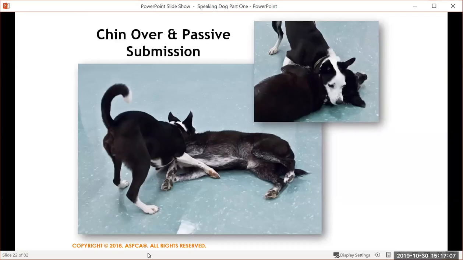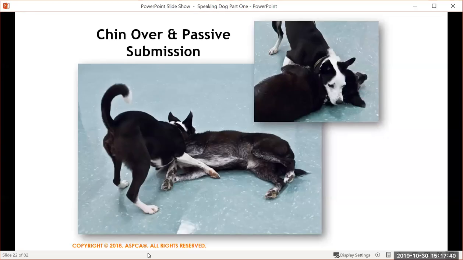One of the things I neglected to say is that in terms of body language, though, when we talk about dominance and submissive, they are pretty much the exact opposite of each other when we look at the behavior, at the body language. So a dog displaying a dominant posture in relation to another animal is highly likely to have erect ears, direct gaze, a high stiff tail, and an upright body. They often will draw their body up to appear as large as possible. They may even stand on their tiptoes.